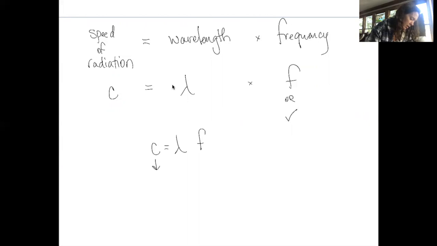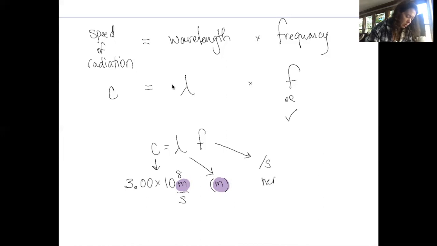The speed of radiation, the speed of light, is a constant. The speed of light is 3.00 times 10 to the 8th meters per second. The wavelength must be measured in meters because, as you see, our speed has a distance in terms of meters, so our wavelength must be in meters, and our frequency must be in terms of per second, which is the same as a hertz,